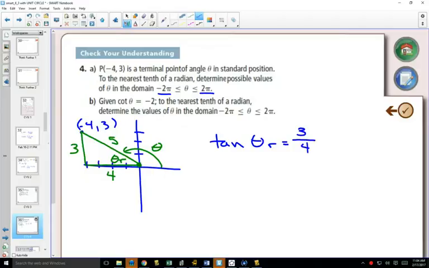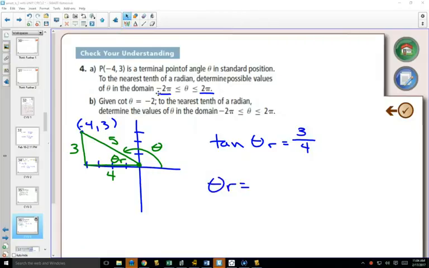over adjacent. And whenever you're dealing with your reference angle, you're dealing with an actual triangle, always use positive values. So don't worry about the fact that the 4 is negative to the left. Think of them as actual distances because your reference angle is always a positive angle between 0 and 90. And if you deal with it as a regular triangle and solve this